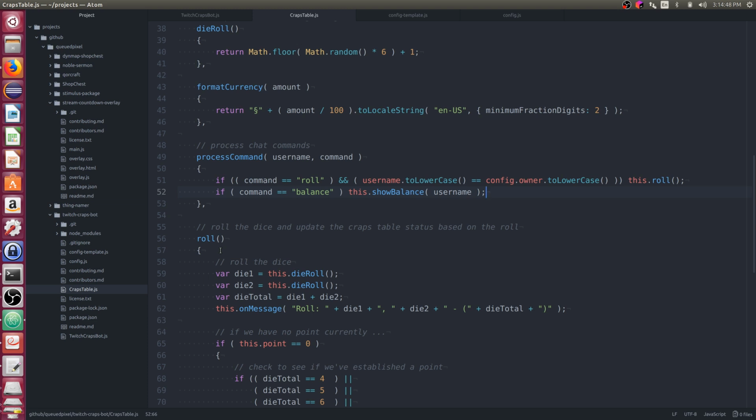So it's a pretty minor refactoring, but this function is going to get a lot of logic put in here for the different commands. And so I think shuttling those off to other functions right away will help with code cleanliness. You can see we already did that for the roll command, and so we're just doing it for the show balance as well for that command.